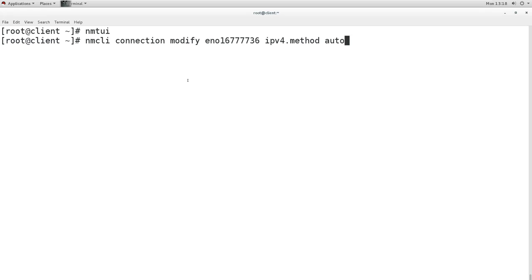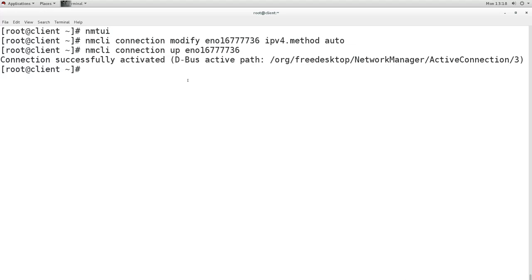Now when I want to configure it to auto, I will configure the method to auto, and then I will say connection up to update, connection up for this. Now it is getting the IP address, or we can do systemctl restart the network service, NetworkManager service.